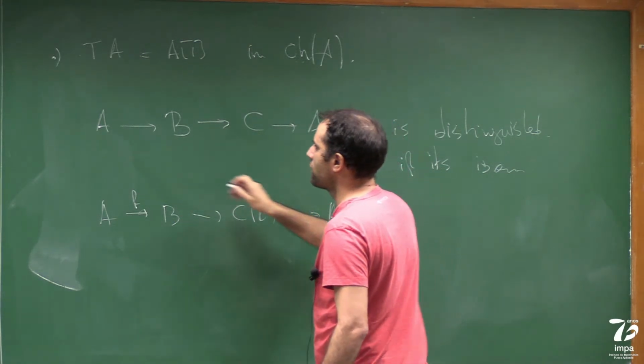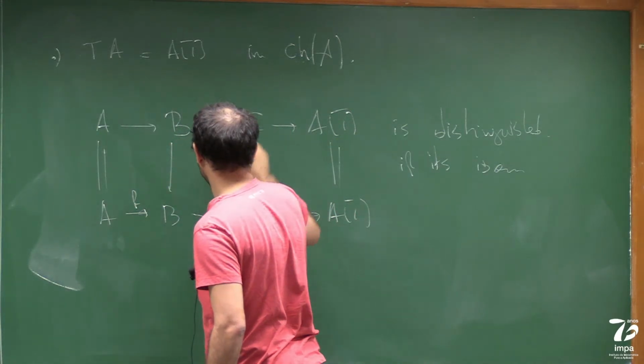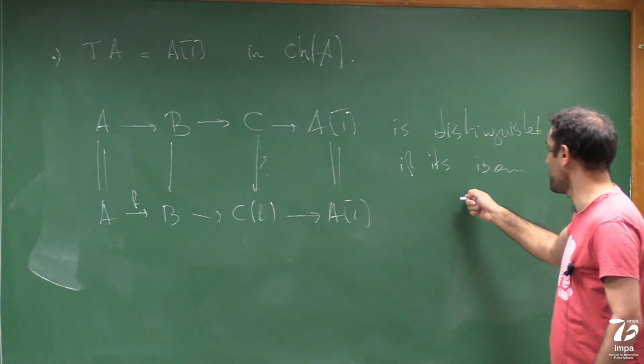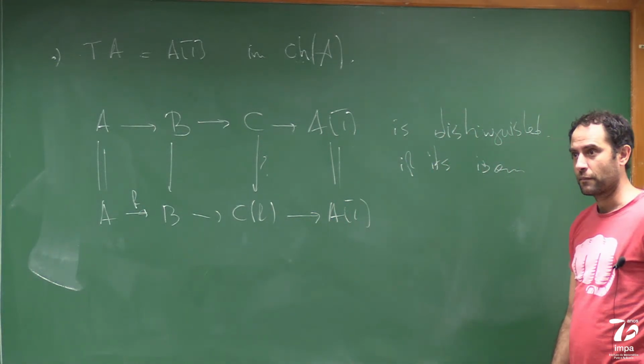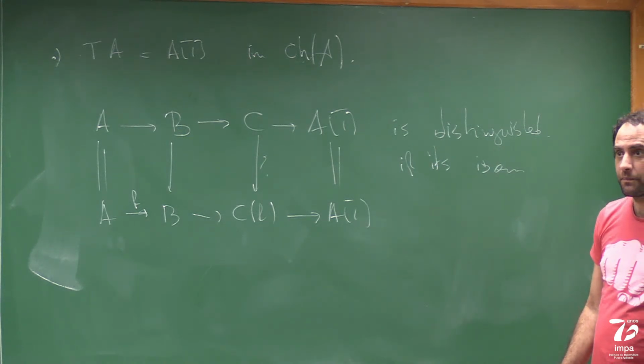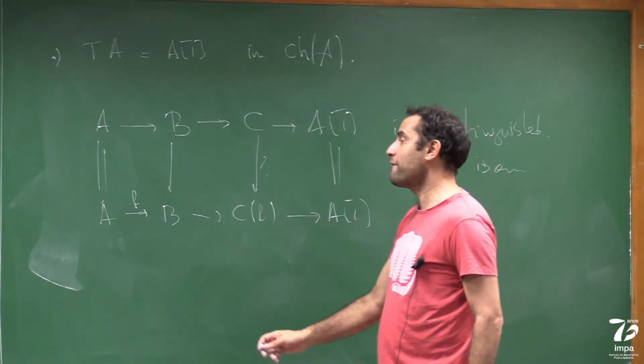So anything that is isomorphic to such a thing, we declare it to be a distinguished triangle. And now I need to check that it satisfies all the axioms. Okay, so by definition,